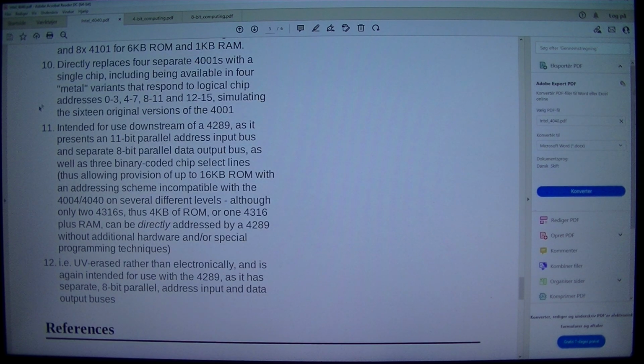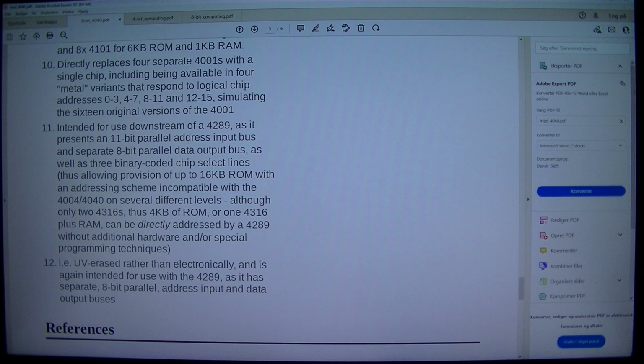10 directly replaces 4 separate 4001s with a single chip, including being available in 4 metal variants that respond to logical chip addresses 0 to 3, 4 to 7, 8 to 11 and 12 to 15, simulating 16 original versions of the 4001. 11 is intended for use downstream of a